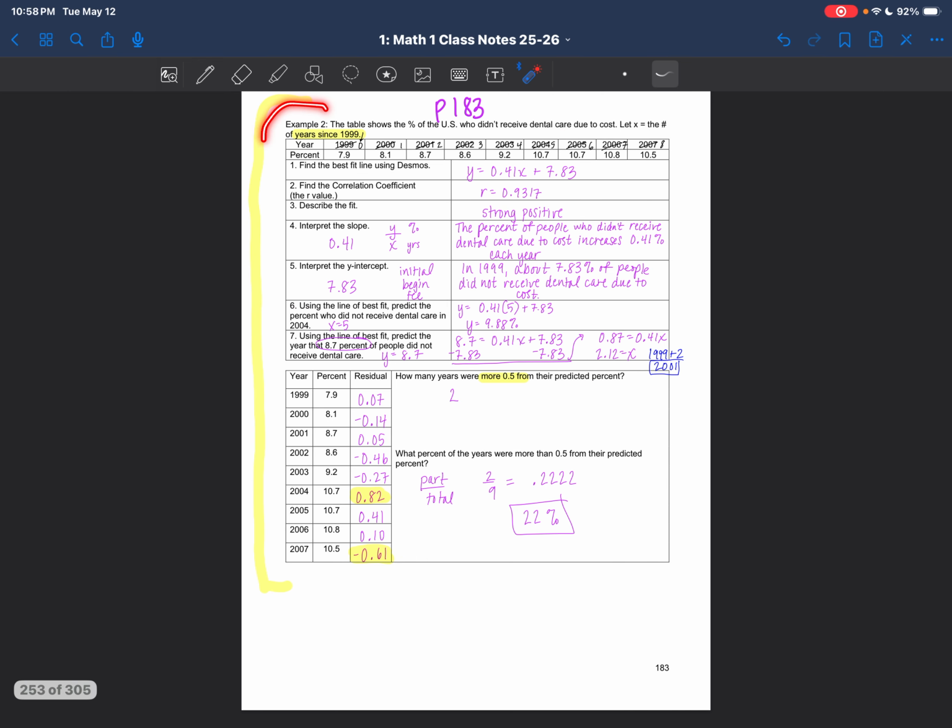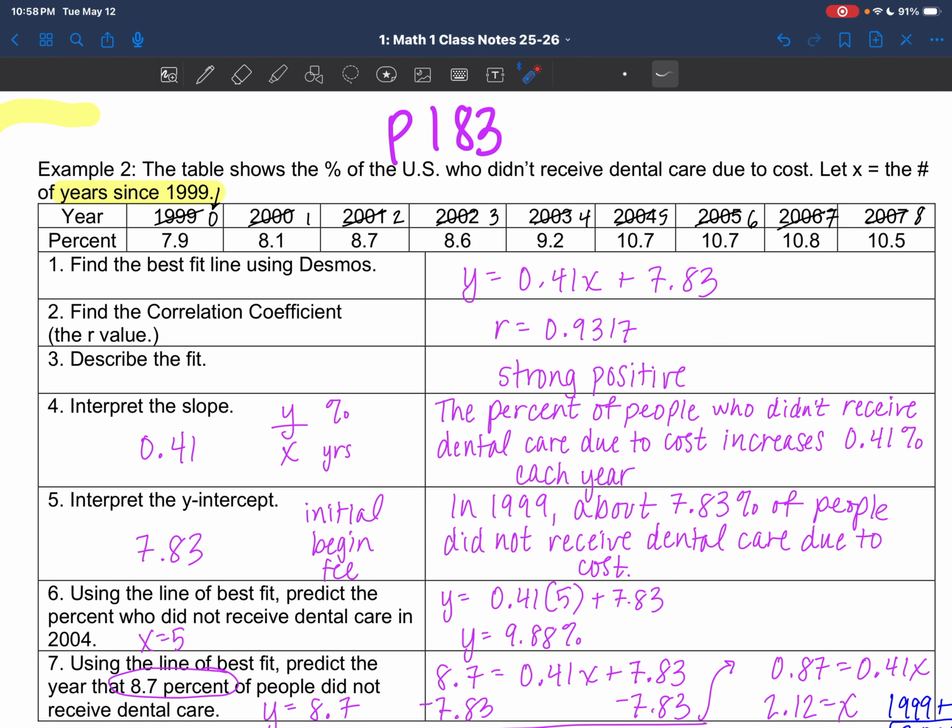So what you're going to do is you're going to go through, you're going to enter in this table, but I do want to point something out. It says let X be the number of years since 1999. So what that means is we're not going to enter in 1999 for the year. We're going to enter in, this is your starting or your beginning. So we're going to cross out 1999, put 0, and then this is 1 year since 1999, 2 years, 3 years, and count how many years it is since 1999. And this is what you're actually going to enter